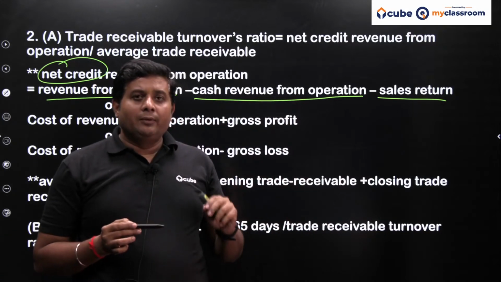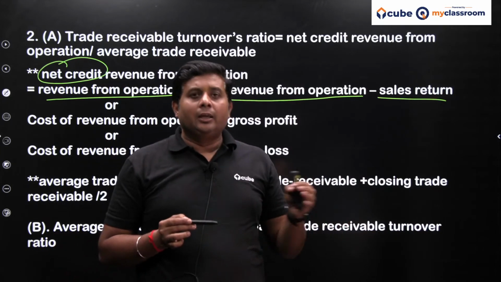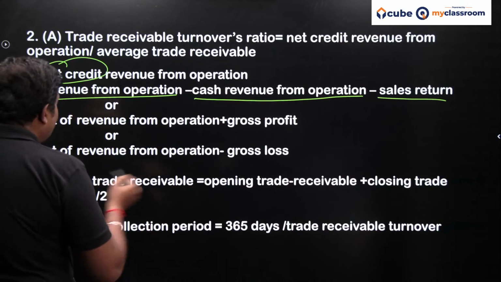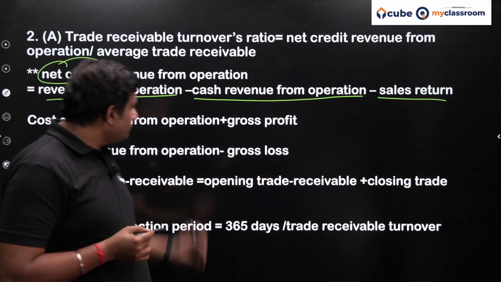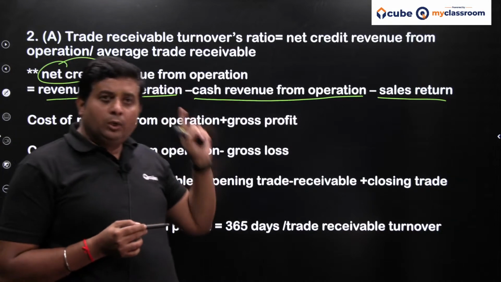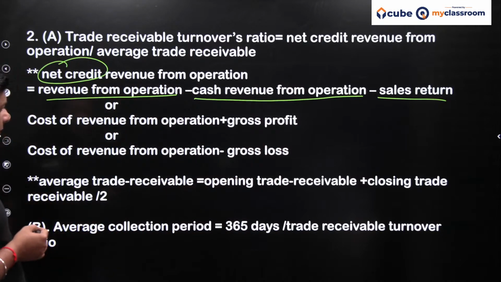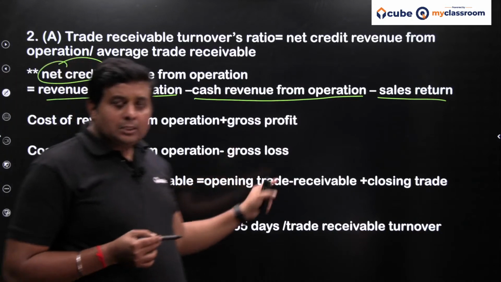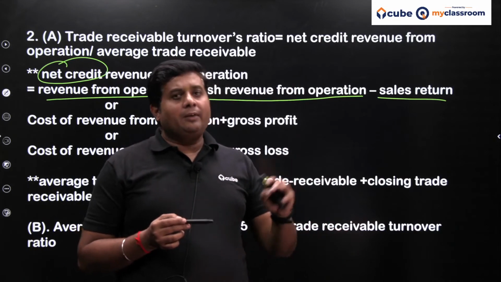Credit revenue from operation will give you the gross information. And suppose if sales return is given, so that sales return need to be subtracted in order to understand the net credit revenue from operation. Cost of revenue from operation plus gross profit will also give the same. Cost of revenue from operation minus gross loss. Here I assume that when cost of revenue from operation, so company is only dealing with the credit transaction, so then it can happen. Now average trade receivable means opening trade receivable plus closing trade receivable divided by 2. Opening trade receivable means opening debtors plus opening bills receivable, closing debtors plus closing bills receivable divided by 2,